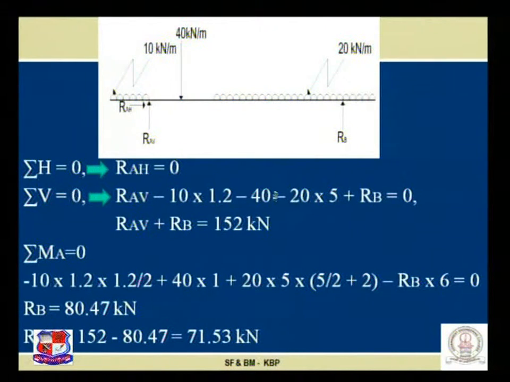Another force is 40 kilonewton acting downward, so minus 40. Another load is 20 kilonewton per meter for the length of 5 meters, so minus 20 into 5, plus RB which is acting upward, plus RB is equal to 0. So we got RAV plus RB equal to 152 kilonewton. We have an equation consisting of RAV